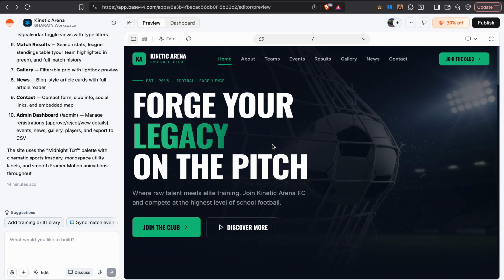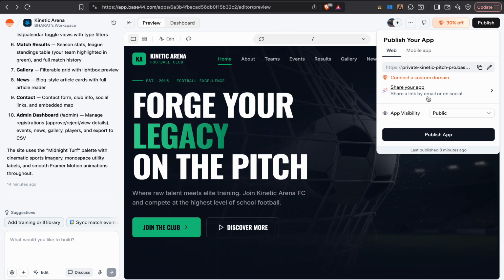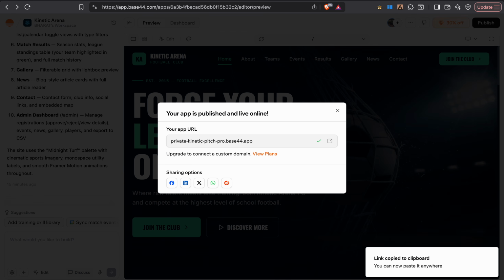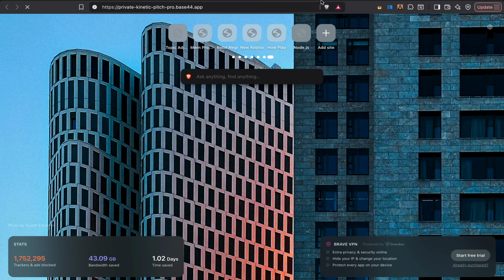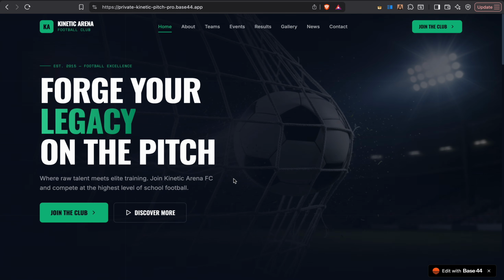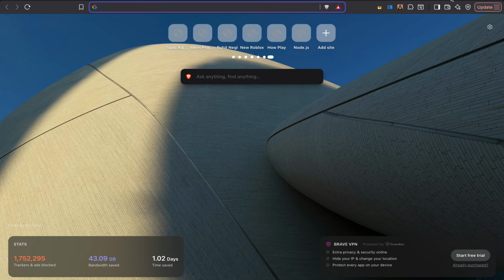After that, you simply click the option of publish, and here, if the app visibility is public, click the option of publish app. When your app is published and live, you just copy this link and paste it here and check it. If the application is working well, you simply go to the website of